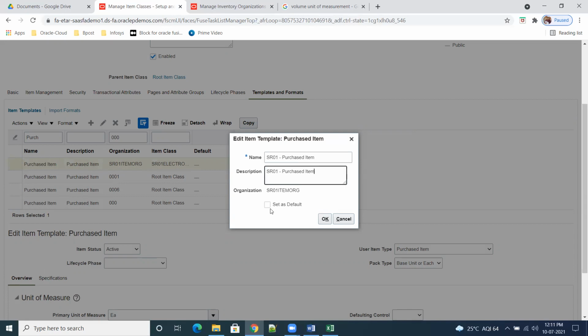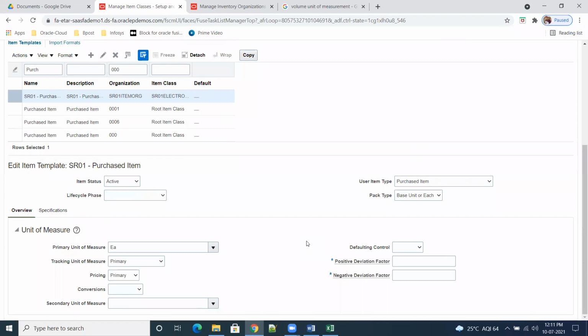Okay, and if you want to keep it as default, you keep it as default. So when you open the item master, system will automatically default this template into your selection criteria. Okay, click on OK.